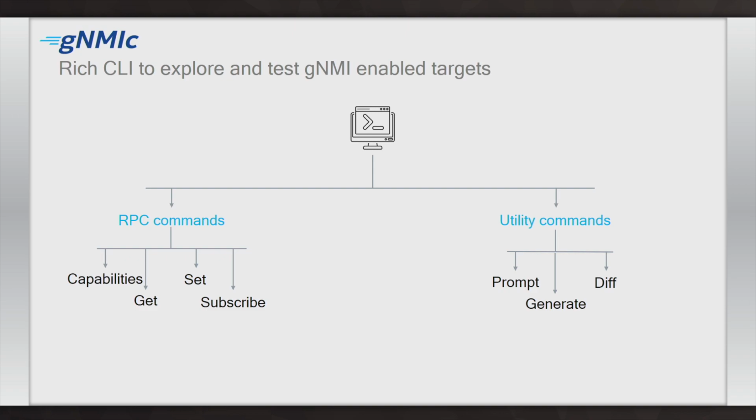Generate has a few sub-commands under it, but the main idea there is to feed in the Yang model of your favorite router to gNMIc, and it will generate all the possible XPaths that you can get from the Yang model. It will also generate configuration payloads with defaults. It will generate them in either JSON or YAML, and you'll be able to go and edit them and push them towards